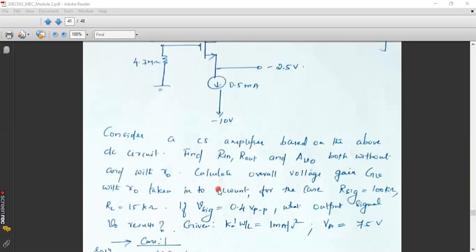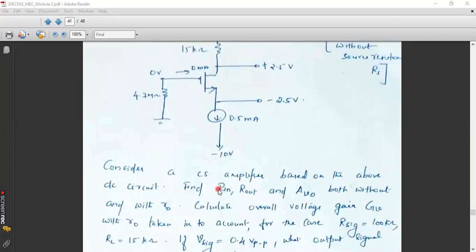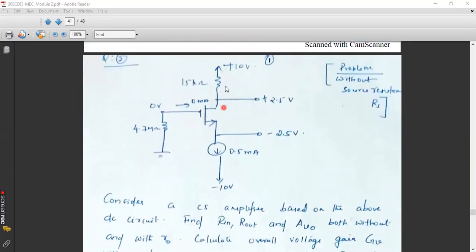So try to understand the concept of the question and what all we need to find out. Please understand that this is not the amplifier circuit. This is basically a DC circuit that is going to apply for this amplifier that we are going to analyze, not design, because all the parameters have been given. So simply we have to take those results for the CS amplifier that we have derived, substitute in them, and get the answers.